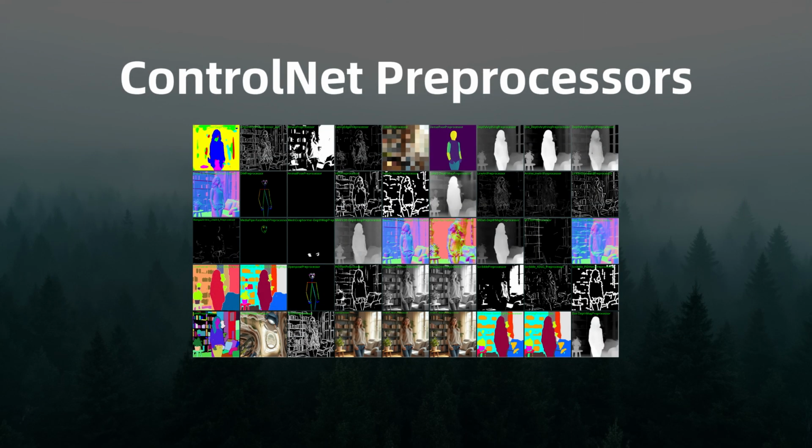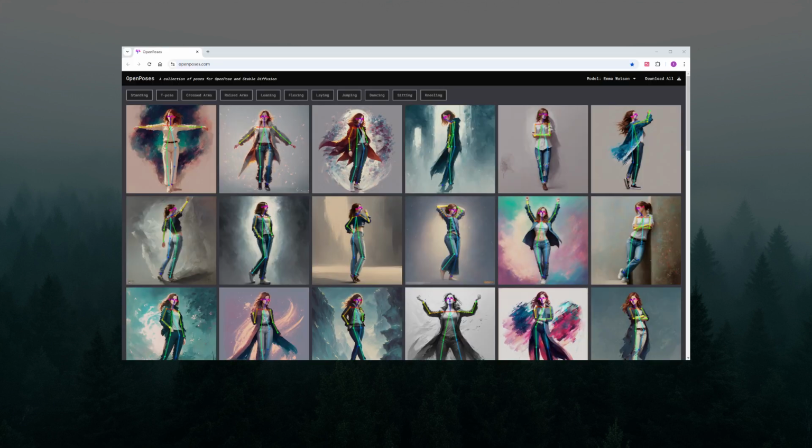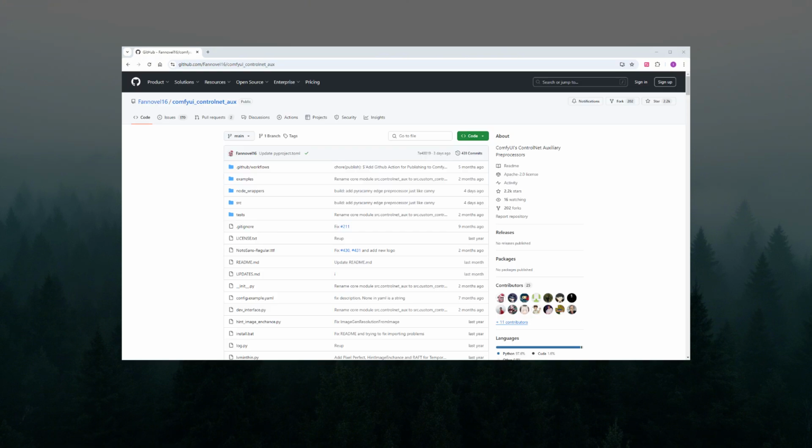Some ControlNet models require specific input formats, such as pose. You can download images from sites like https://openposes.com, but what if you already have a picture of a person and want to copy their pose? That's where the ControlNet preprocessor plugin comes in handy. I recommend using